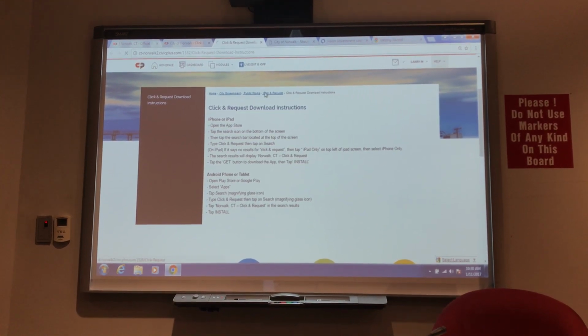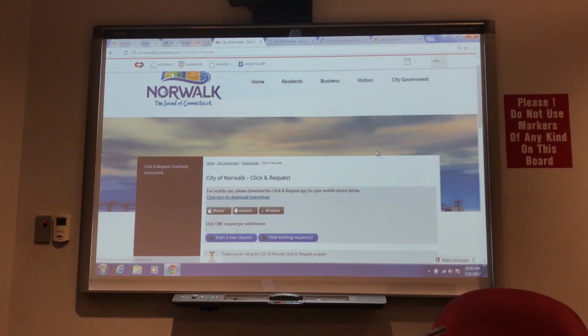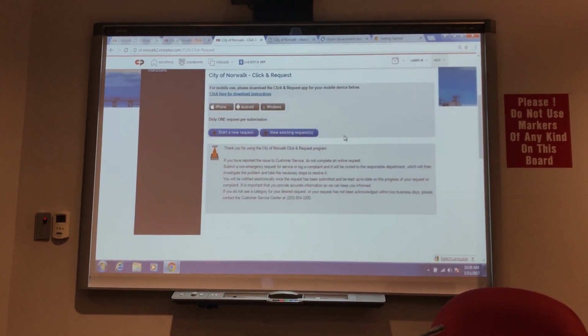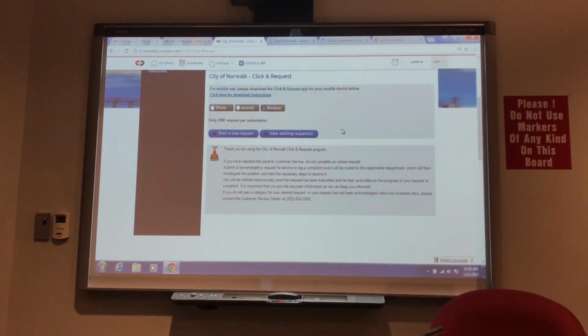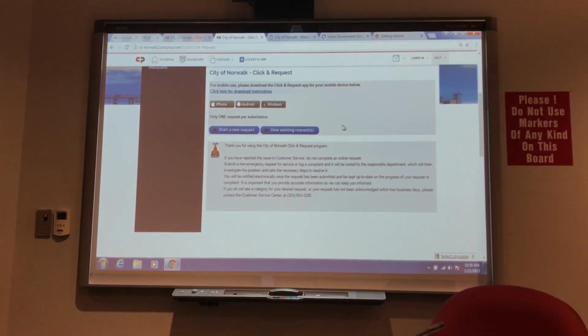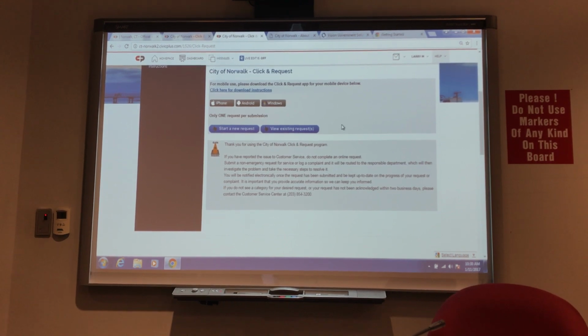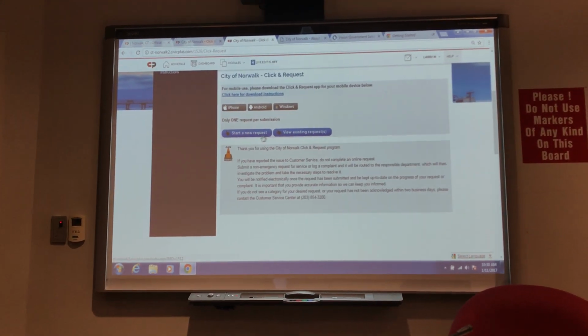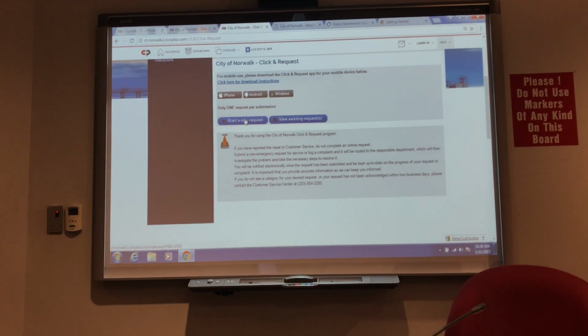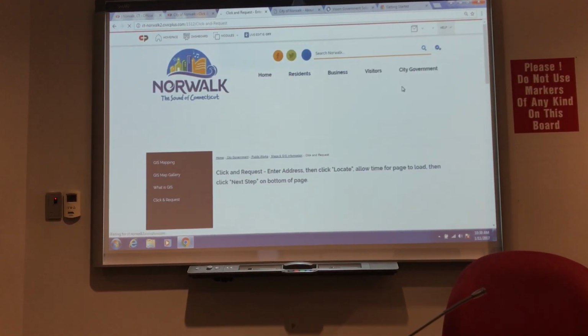But going back to the click and request online form, for residents who don't want to download the app, you can also use the URL on your phone and your browser and actually submit a request directly from your phone through the city's website. Or you can, again, download the app and use it through your phone. But to do a request, you would do,